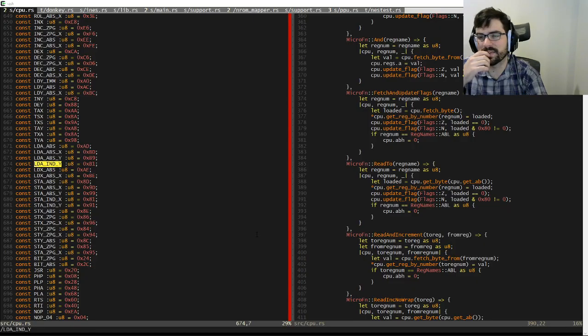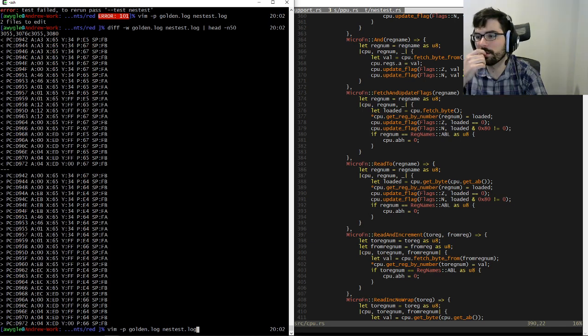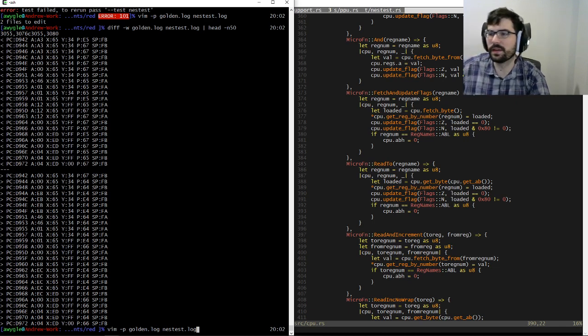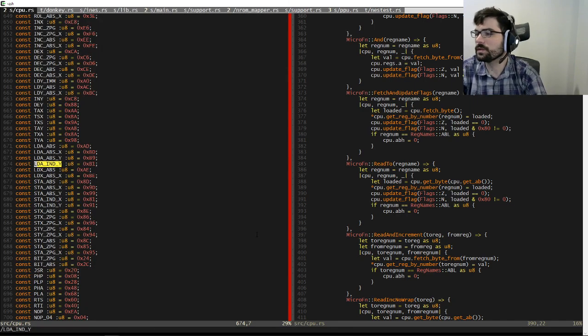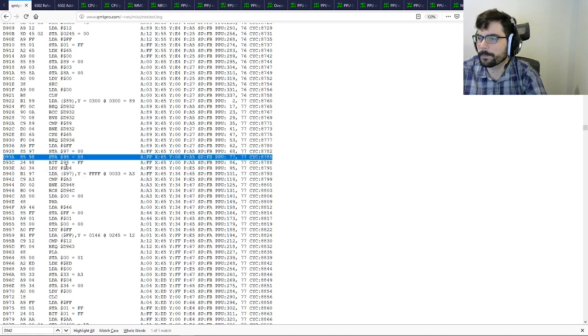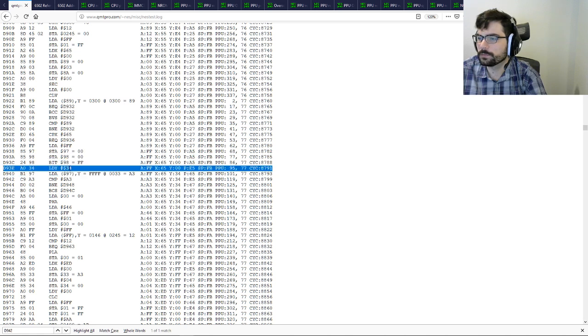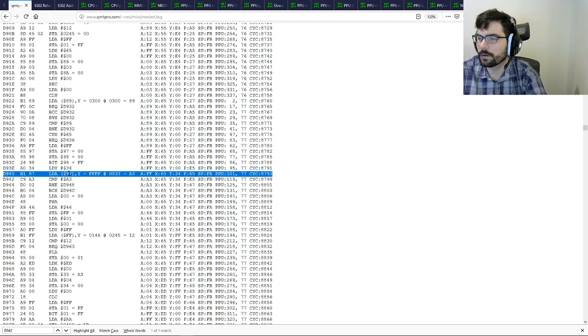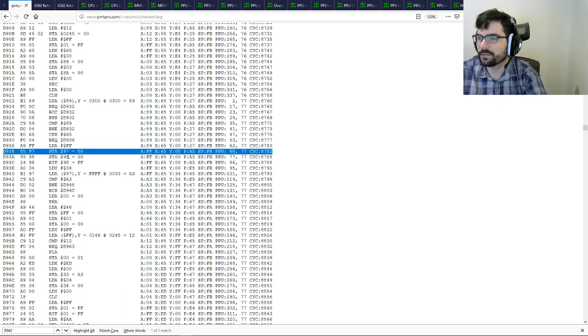The Y is correct, right? And it's 34. Or no, it's the A, it's the accumulator. So we're loading a 0 instead of an A3, which that makes sense. So why are we doing that? Presumably because we stored wrong. The previous store, which is load Y34, 97.